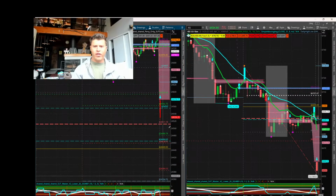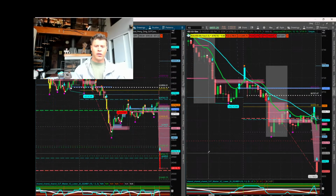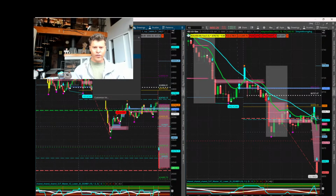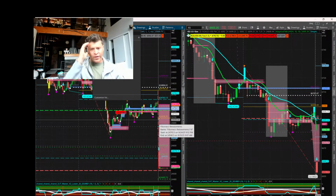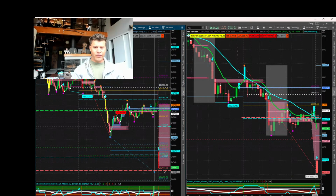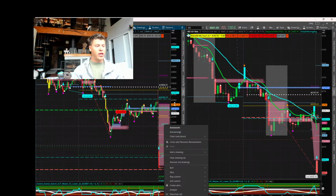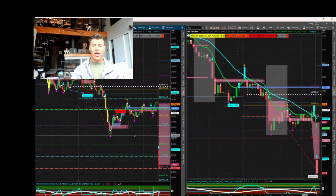Now, if we just have these fat candles at the open and just run down in the first, call it 15 minutes, we very well could be setting up that multi-sigma move that Perry is referring to, or we're due for, as he said. And if we're due for that, then the sequences from the prior day are completely going to get blown out. The first step or evidence of that would be us holding the extension from 12 o'clock's low. The first piece of evidence that we're just going to continue to get absolutely annihilated here today in the indexes